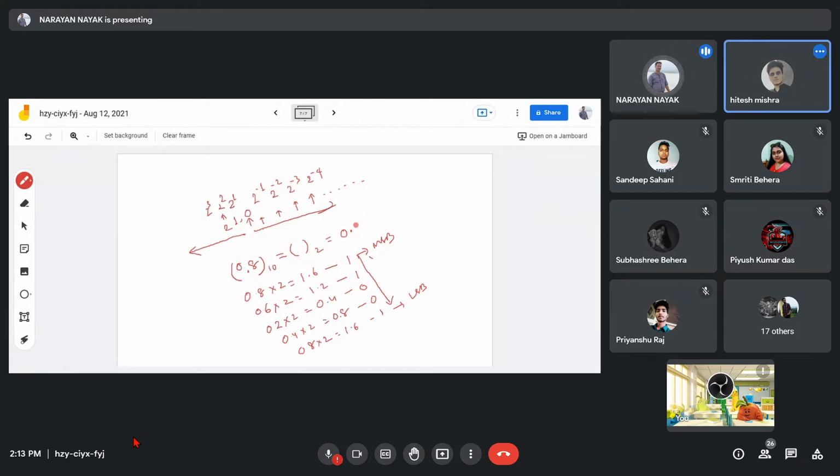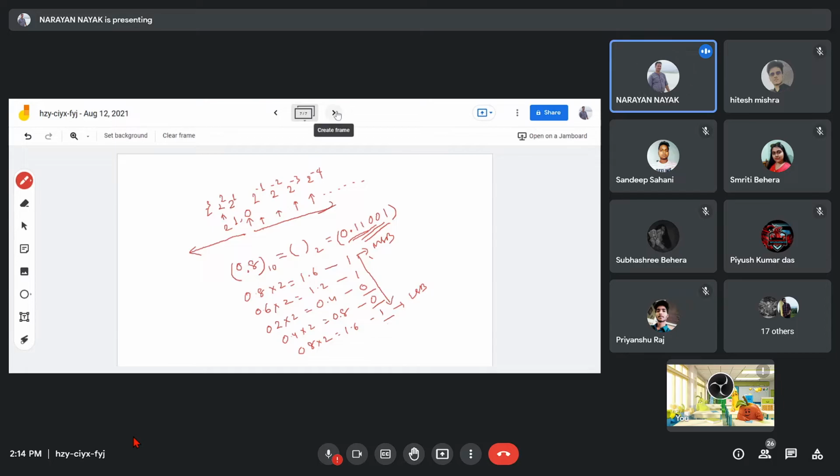Till which multiplication do we have to stop? Here, sir, we stopped at 1.6. See, somebody can do up to this, somebody can do up to this, or you can continue. No problem. After the decimal point, somebody can stop here also, can stop here also. No problem. Your answer will be right. Understood?